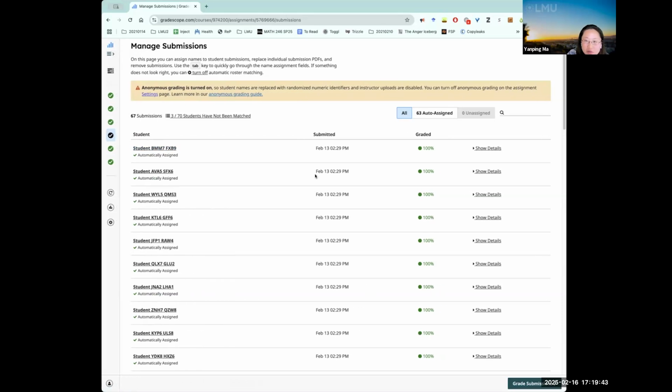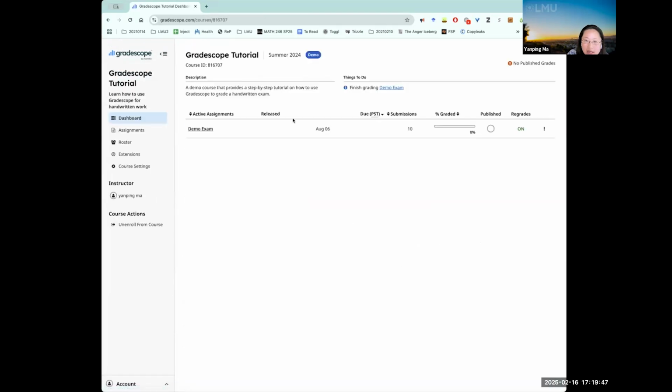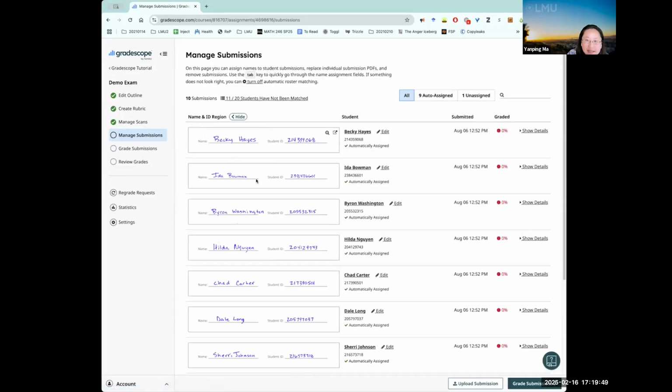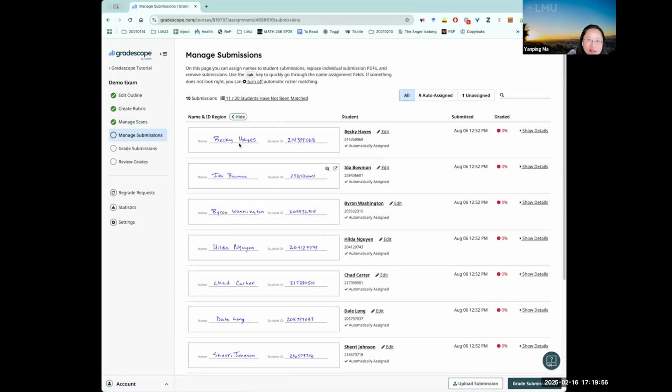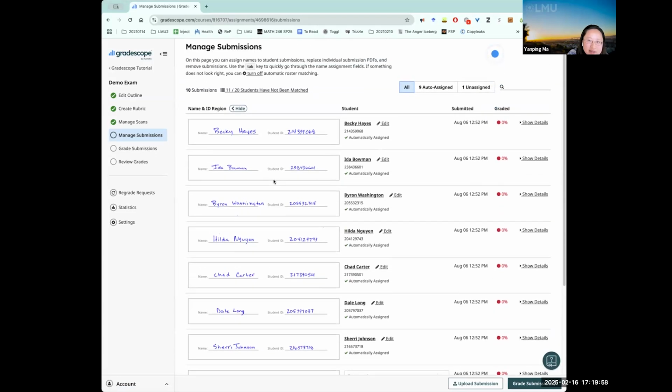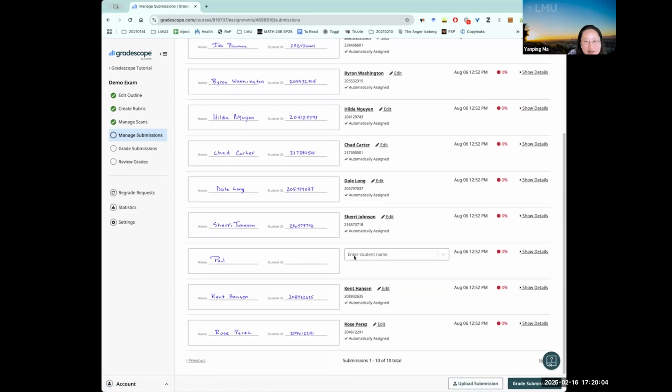Just to show you very quickly how it might look, after you scan it, this is how the work looks. You scan all students' work. It automatically matches the student's name and ID number with what's in the record. Occasionally, they forget to write their full name or their student ID number.